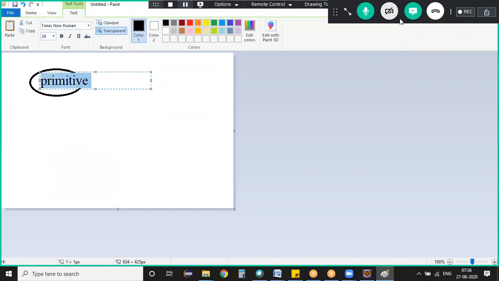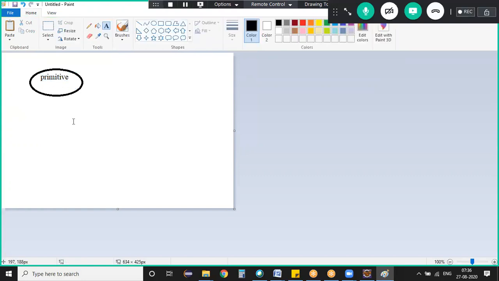Primitive data types. I'm changing my font size. I will place this screenshot in our running notes anyway, you don't need to do anything. Primitive data types are broadly categorized into